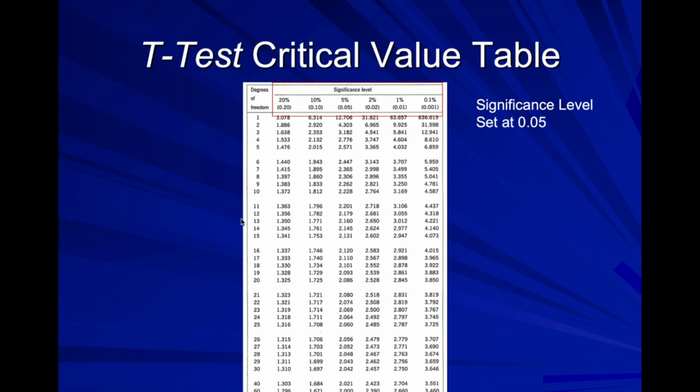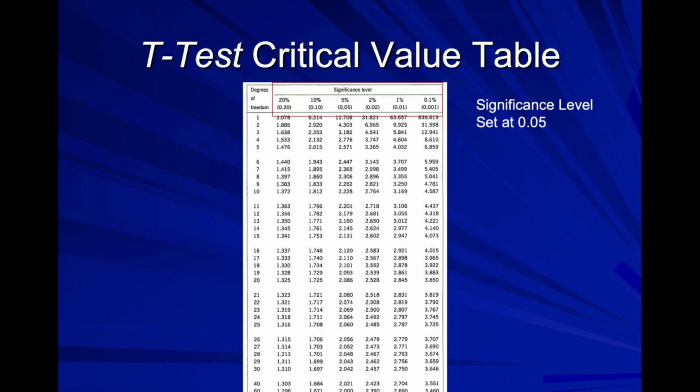Down the side, you have degrees of freedom. In this case, we'll talk about this as sample size. For the t-test, degrees of freedom roughly is a measure of sample size. I'm leaving a lot out of that discussion, but for our purposes here, we just need to know that this number is calculated by the sample size of